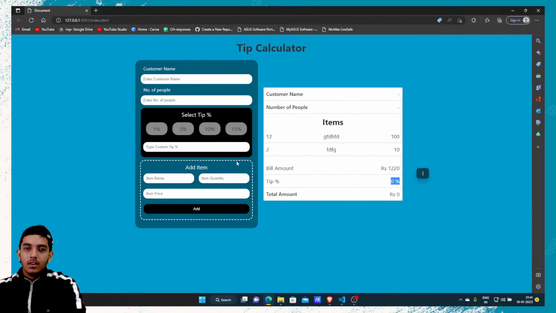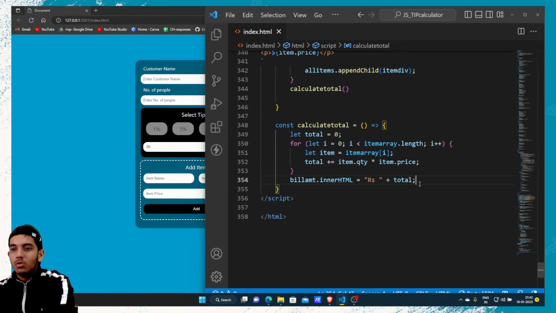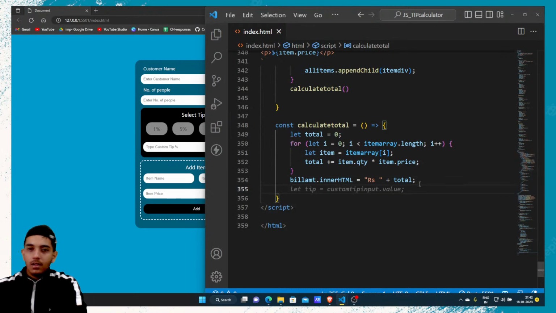All right, so now we need to add the tip to it. So if the tip is 10%, then we'll add the tip to it. So 10% of this is 122 and 122 will be added to the total. Okay, so for that what can we do? We can simply add